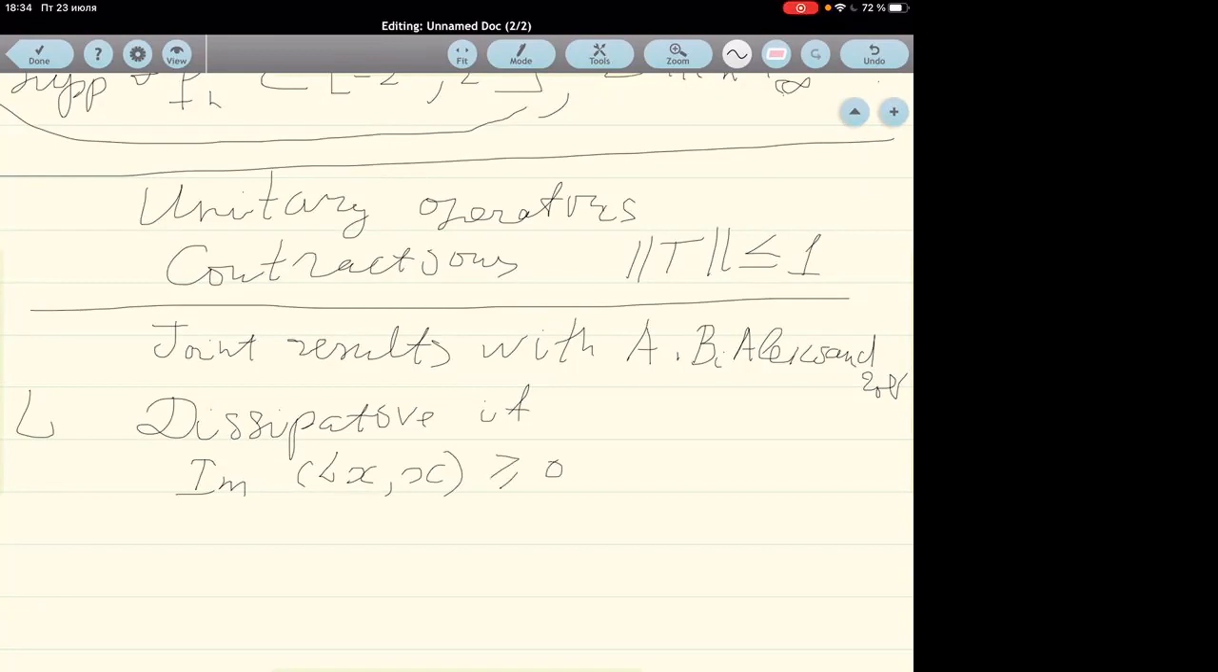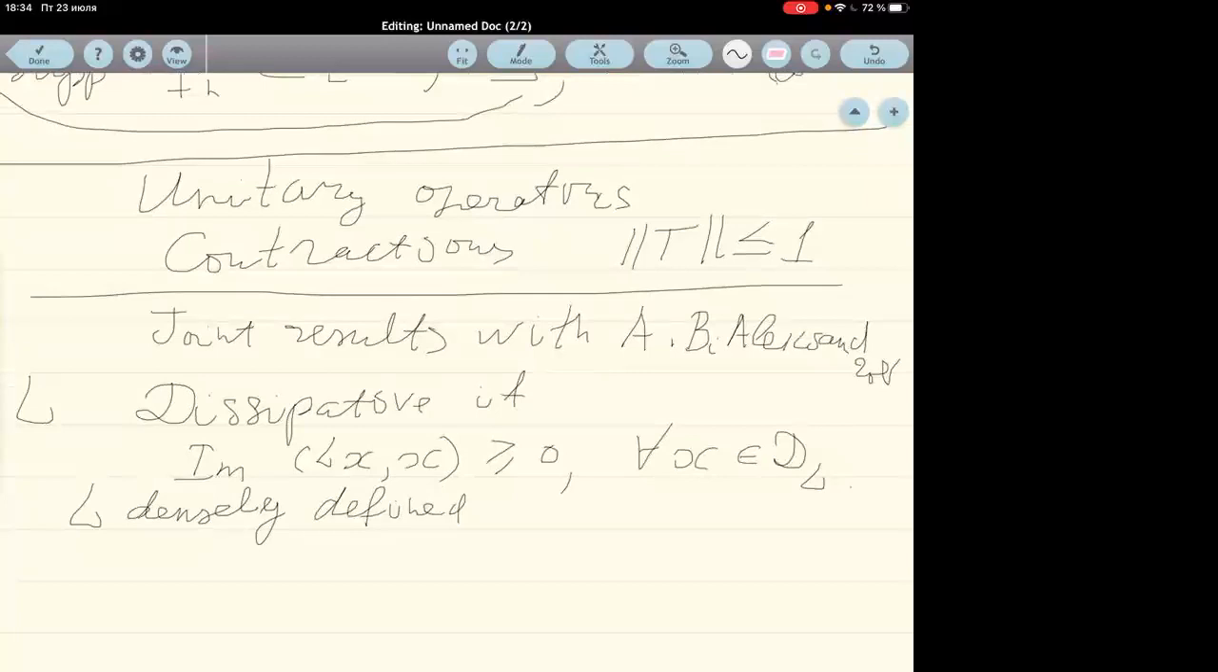Actually, in applications, it is important to consider not necessarily bounded dissipative operators, but also unbounded ones. This means that L is densely defined, and this inequality holds for all vectors in the domain of the operator L. D(L) is the domain of the operator L. Okay, then